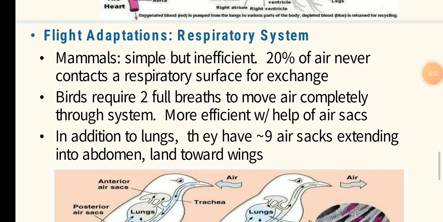The next adaptation is the respiratory system. In a flying bird, they require great and sustained power. Therefore, the respiratory system is specialized so that the food is combusted, that is oxidized rapidly, and a large amount of energy is liberated. This makes an extensive rate of metabolism. A greater amount of oxygen is needed by the body tissue.